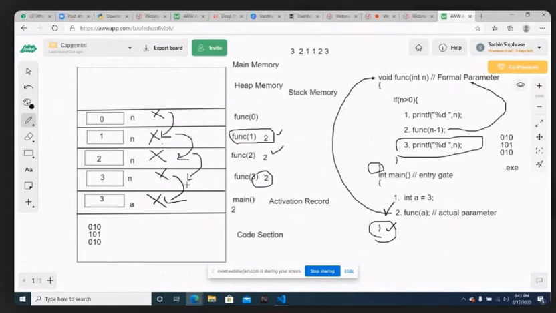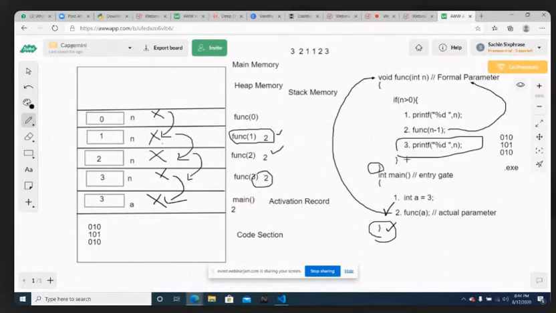You are calling func of 3 first, then func of 2, then func of 1. But this third line will be executed in the reverse order. First it will be executed for func of 1, then for func of 2, then for func of 3. You are making 3 recursive calls, and for all of them this third line is not executed.